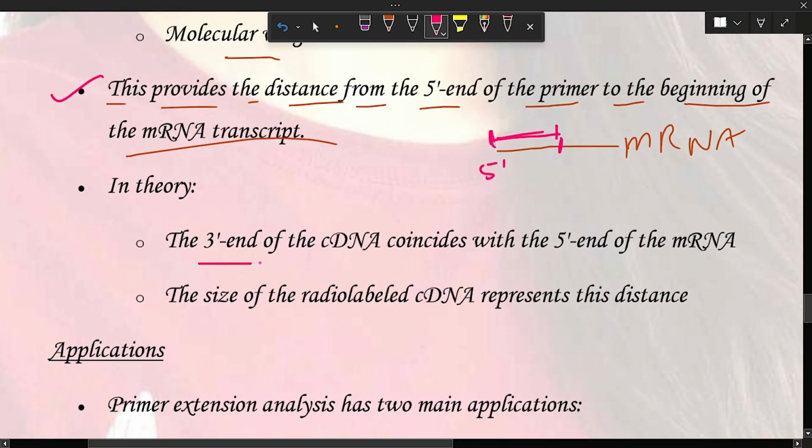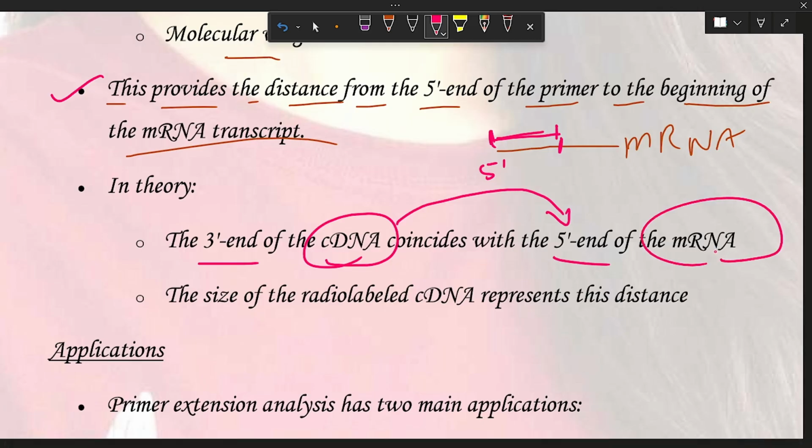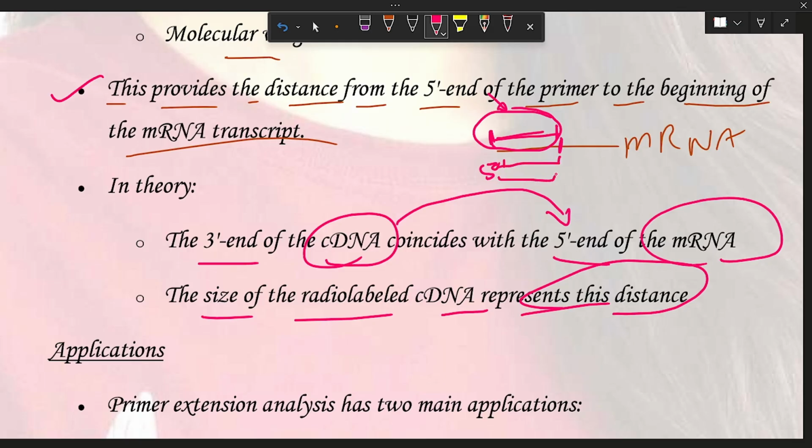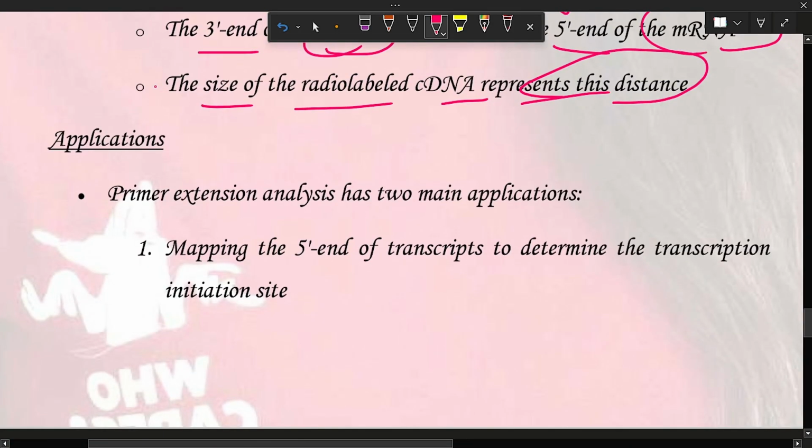What is the theory? The 3' end of the cDNA is considered as the 5' end of the mRNA, and the size of the radiolabeled DNA represents the distance, how many nucleotides there are from where this DNA was synthesized.